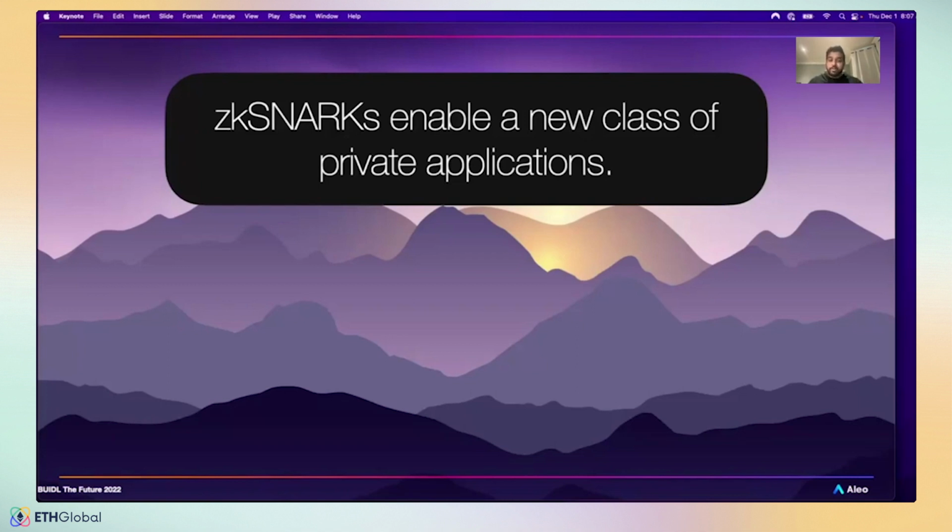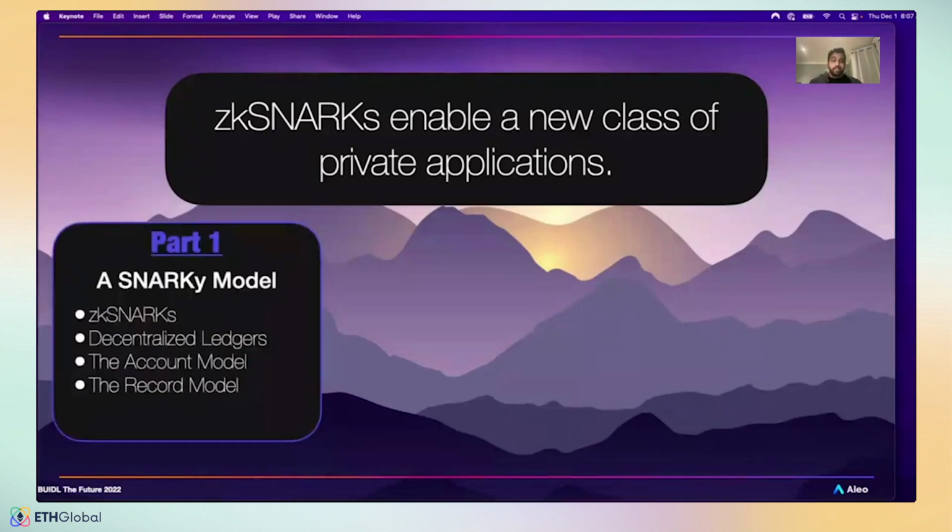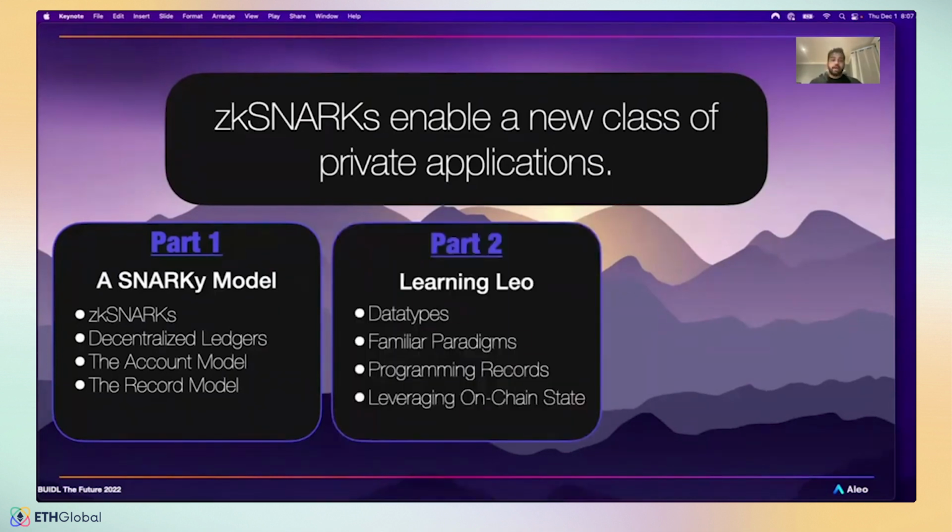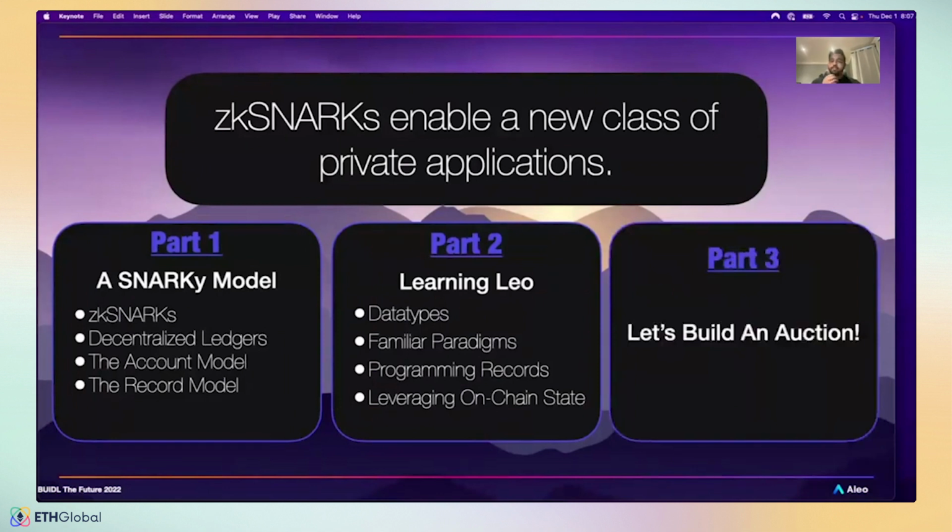Now, one way we can remedy this problem is by leveraging cryptographic constructions like zero-knowledge proofs and building friendly abstractions on top of them. So in today's talk, we're going to walk through how developers can build private applications using the Leo language on top of the Aleo stack. We'll start first by building some intuition for cryptographic primitives and the state model that Aleo builds upon. And then we'll go into a deep dive of the Leo language and learn how we can build private programs. And then finally, we'll build our own private auction and survey some of the tools we have to test and